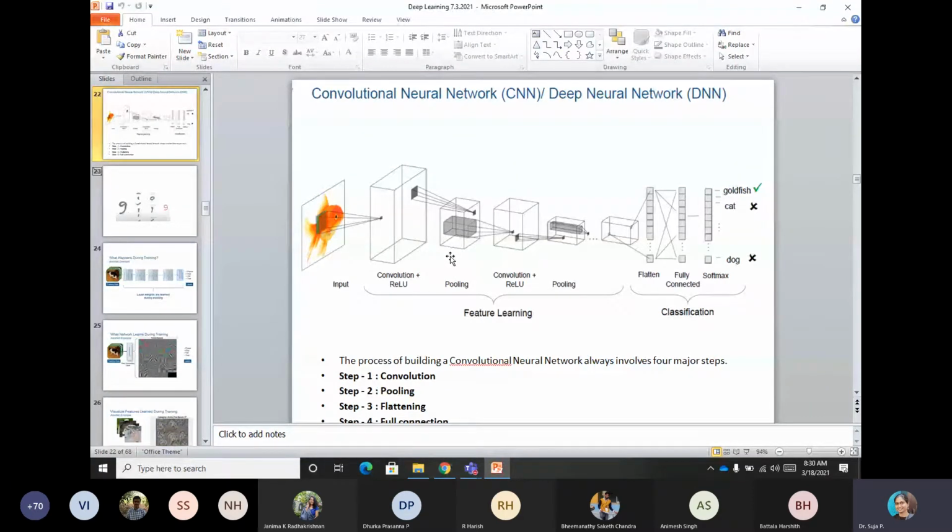Okay. I have shared the PPT. Today I am not using the board. I will be using the PPT plus some links which I will be showing and explaining. So today is day 4 in the deep learning. So far what we have discussed, I will just summarize and then we will go for today's class.